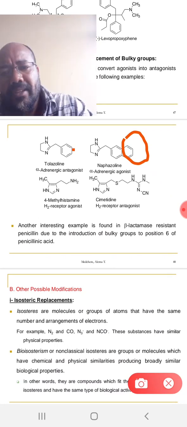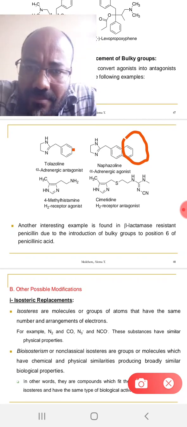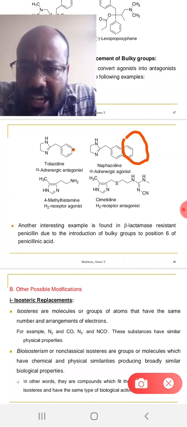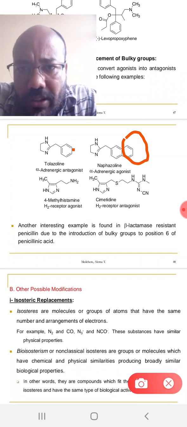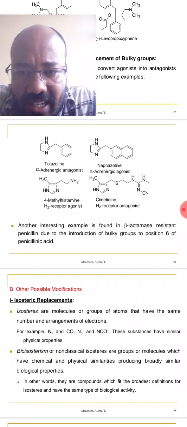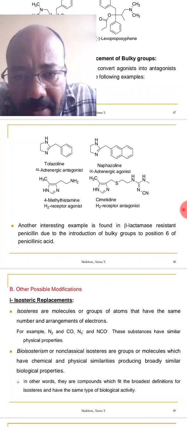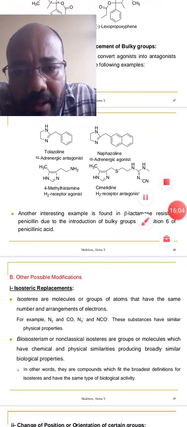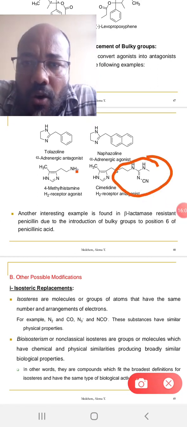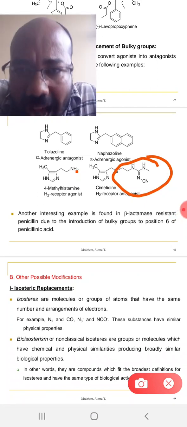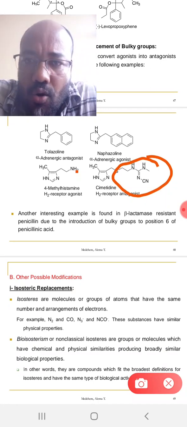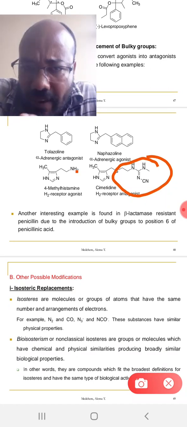The other one is the case of methylhistamine and cimetidine. Cimetidine is a histamine H2 blocker drug that is used for treatment of ulcer. Look here, these are the two structures. Here, this bulky group is introduced, which converts a histamine receptor agonist into an antagonist. Therefore, to produce agonists or antagonists, vice versa,